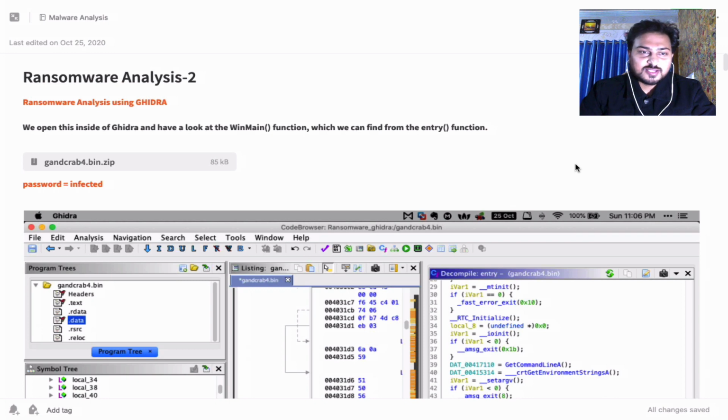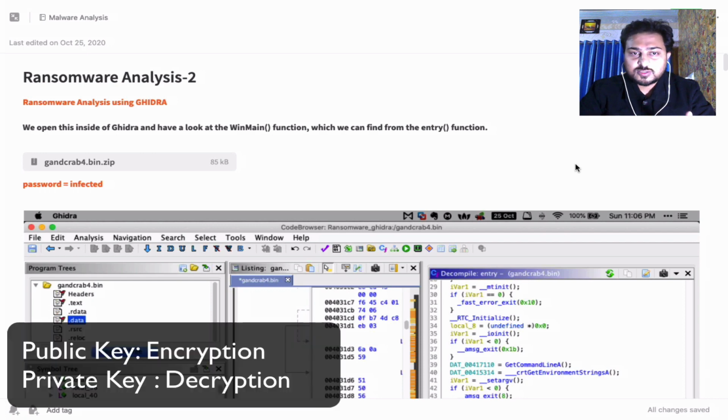Let's begin. So first, understand what exactly ransomware is. I'm just giving you a short note on this. What is ransomware? By the meaning, you can understand: ransom means money, so it is money-based malware. We can say it's called ransomware. It is a cryptographic attack. In a cryptographic attack, as we already know, we have two keys, public and private. The public key we use for encryption and the private key we use for decryption.